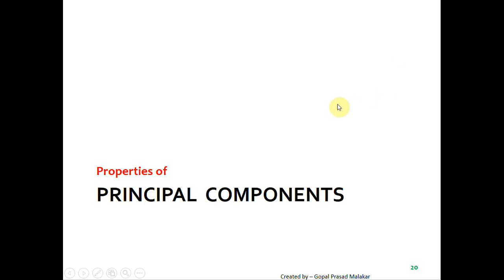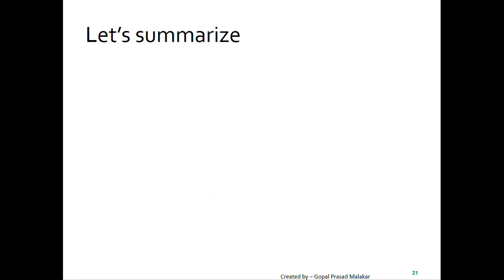Let's summarize our learning so that we are crystal clear on the properties of principal components. If you recall, for the three-dimensional case, we had three principal components. For the two-dimensional case, we had two principal components. So for the n-dimensional case, you will have n principal components. And what was the goal of the principal component? If you think of all possible lines passing through the center of the data, you find that particular line, that particular axis which has the maximum variance, and it is called the first principal component.